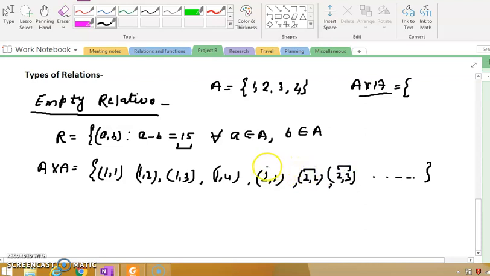And you observe the ordered pairs, and from any ordered pair you will not get a difference of 15. You can check. 4 minus 1 you are getting 3, 2 minus 1 you are getting 1, 2 minus 2 gives you 0, 3 minus 2 gives you 1. So none of the ordered pairs gives you the difference 15. Alright, so such relations are called empty relations. Alright, so I will discuss the universal relation, identity relation, and the other relations in my next